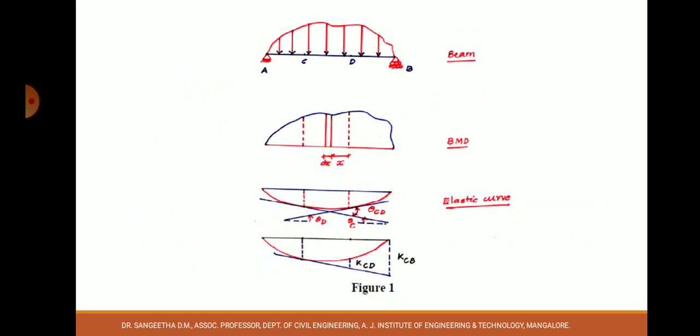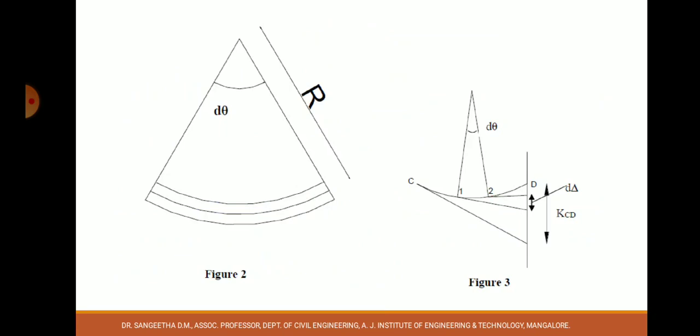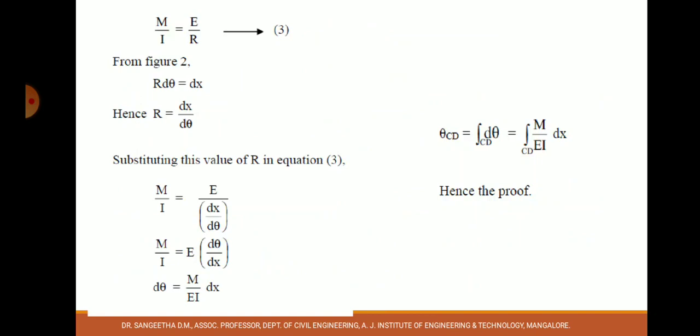For that, the elastic curve is drawn. So the difference of the elastic curve seen in the bending moment diagram, the area contributed by the bending moment diagram, forms theta C, and area into CG distance about the point gives you the deflection, that is, delta CD and delta CB are evaluated. So this was the concept with which we have solved some problems also, and with this diagram we started with the derivation proof for this.